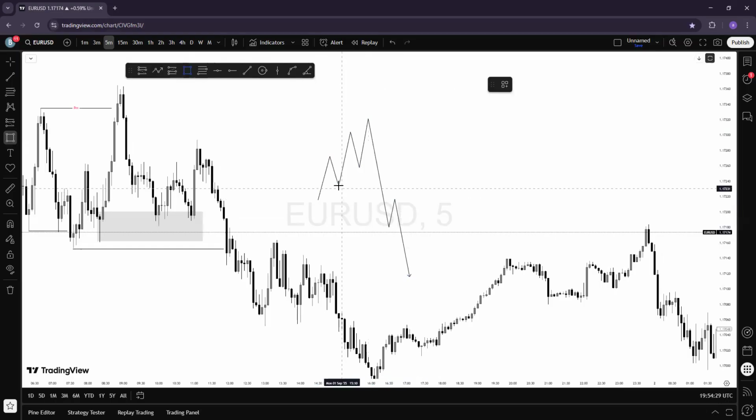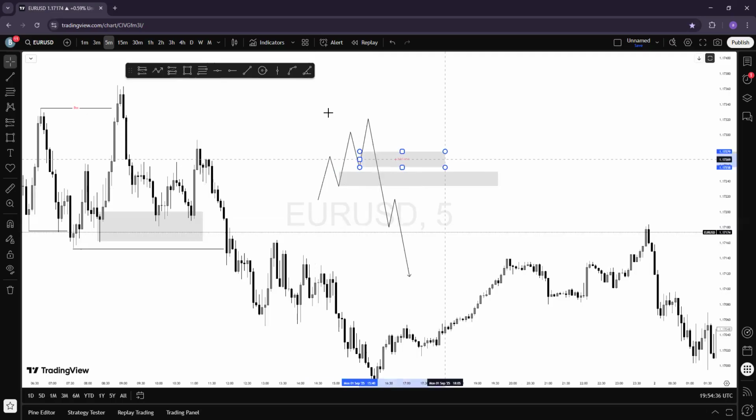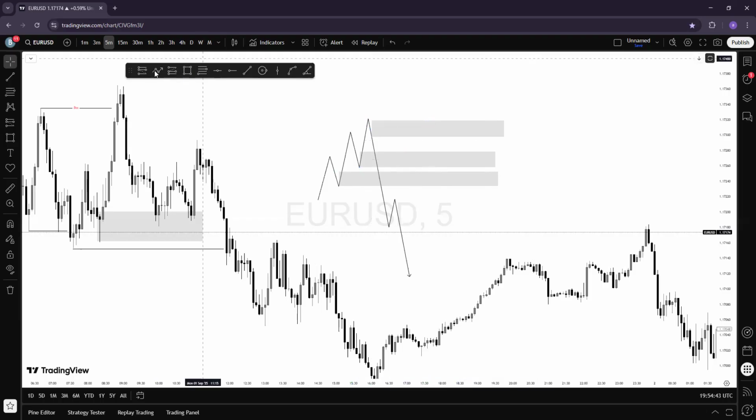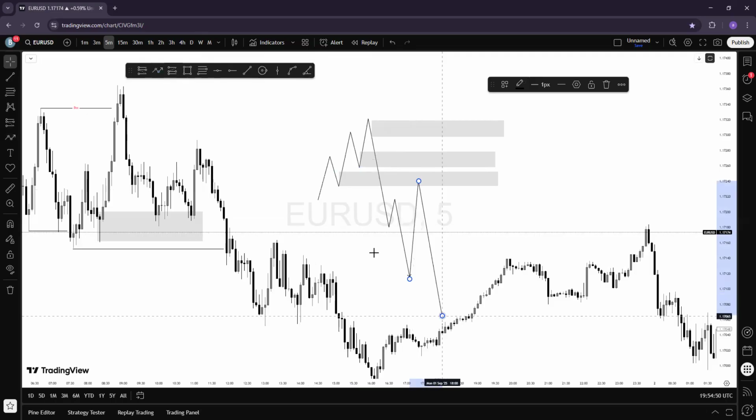Let's go to the second one. The market has not used this, so this is our next POI. The market has not used it. And then our order block, our last POI. So we have about three POIs. And you know, the market always seeks liquidity. The market can just come here, take out the liquidity, and then sell off. You understand?